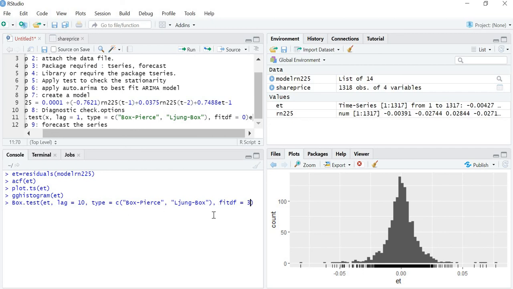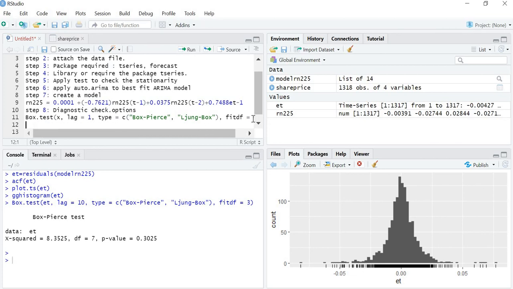Now let's see this test. These are the results of this test. In this box.test, my null hypothesis is that residuals follow IID, that means residuals are independent and not correlated.